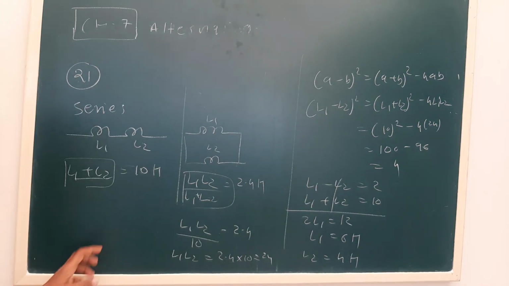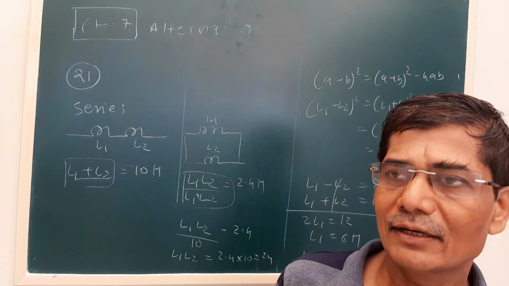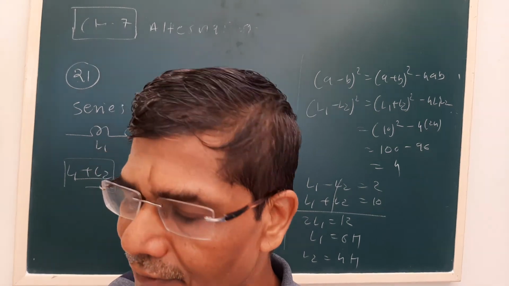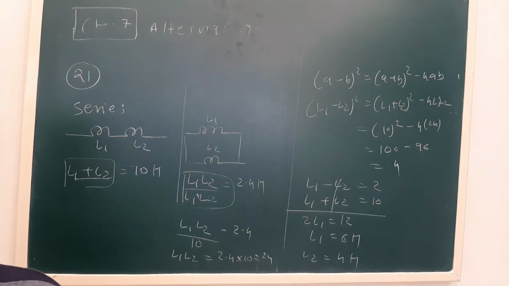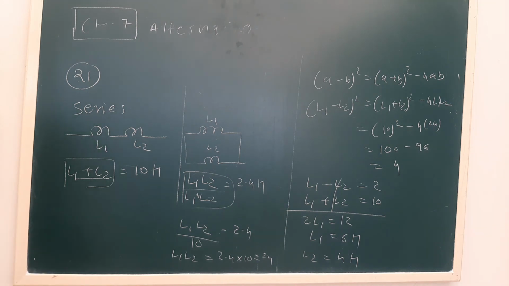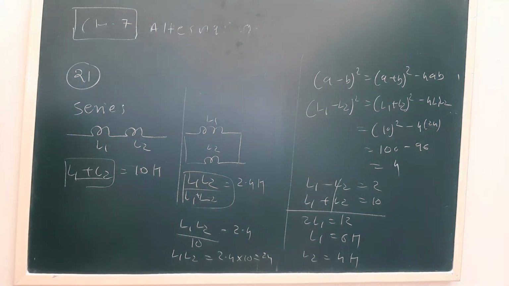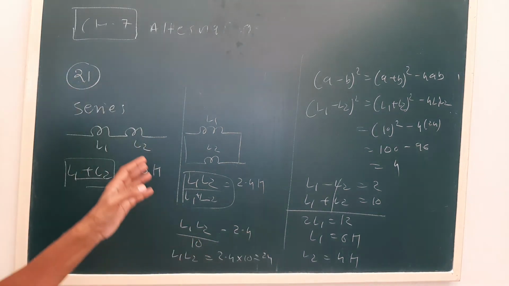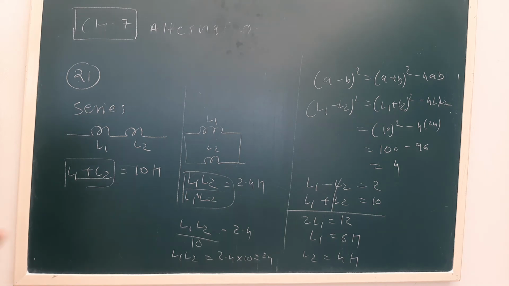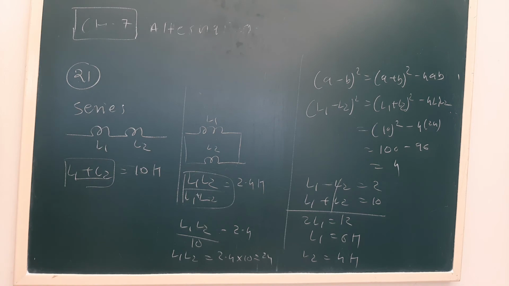You can see this method is a longer method. Conventionally, when we solve MCQs, we have to consider the time frame also. So in that case, I feel if you know the trial and error method, that will be good for you. You can solve it promptly. Anyway, this method we should also know. We can solve by this method also. So this is our MCQ number 21.